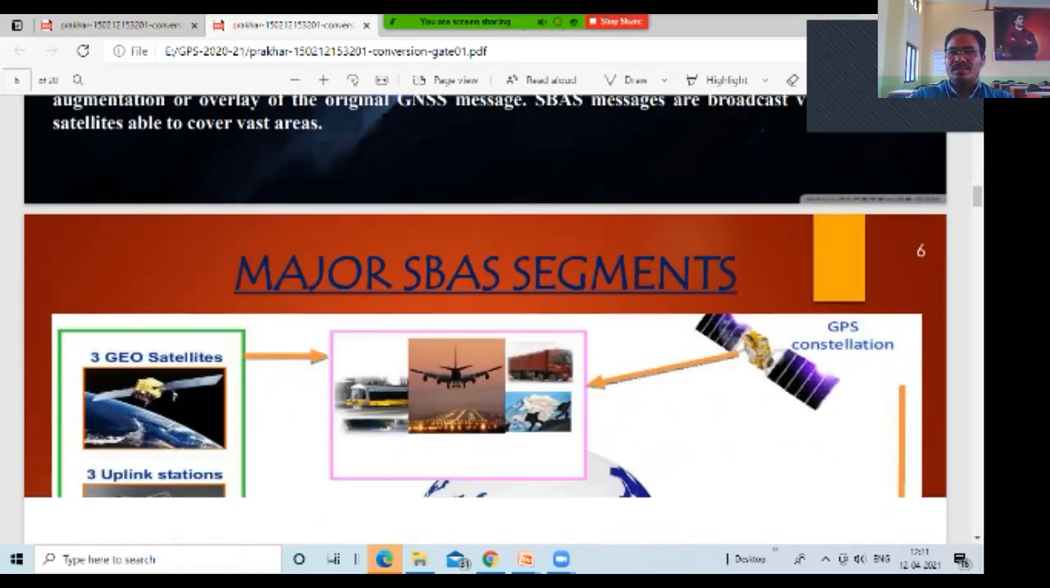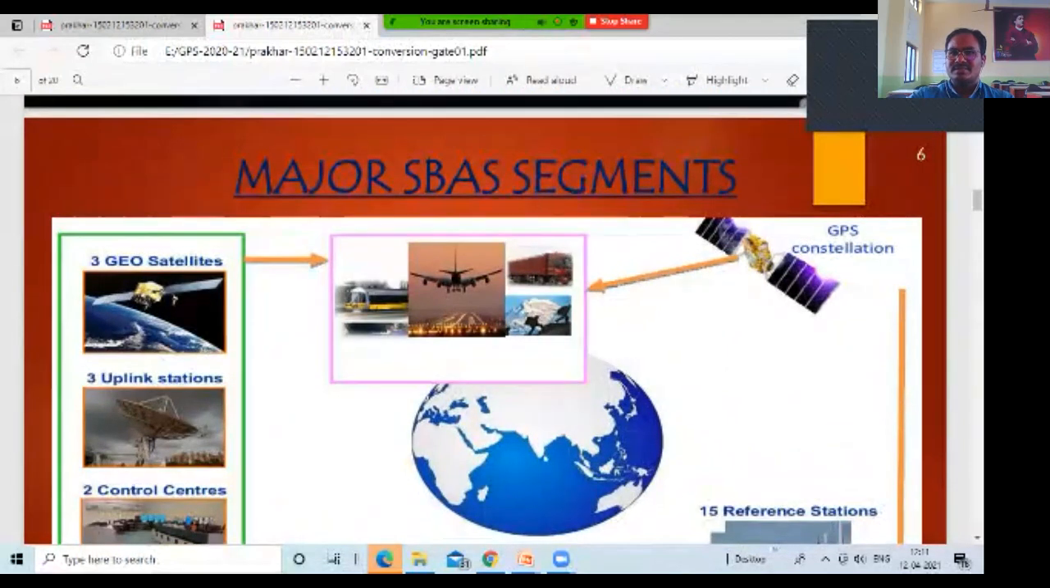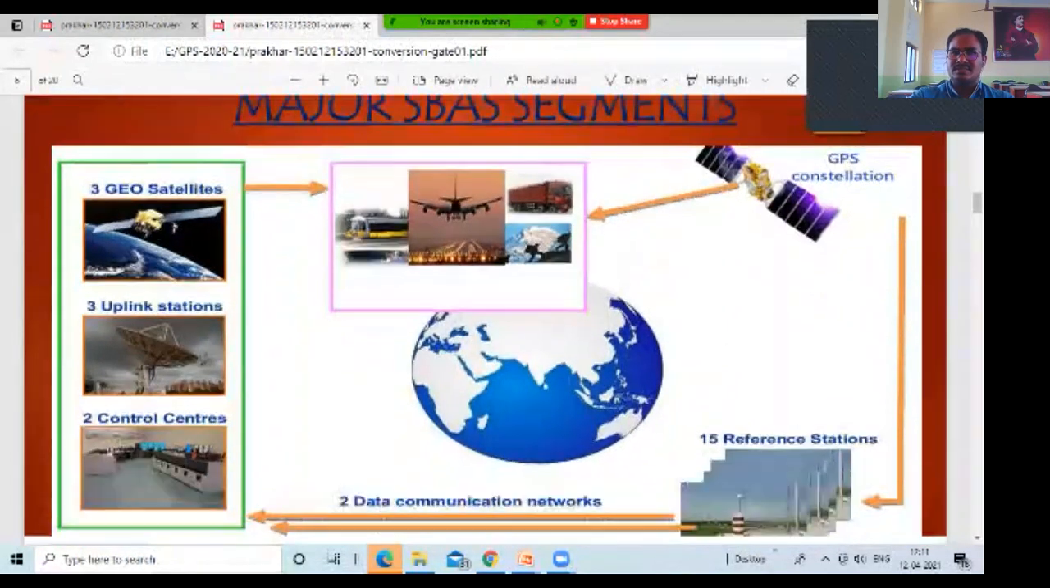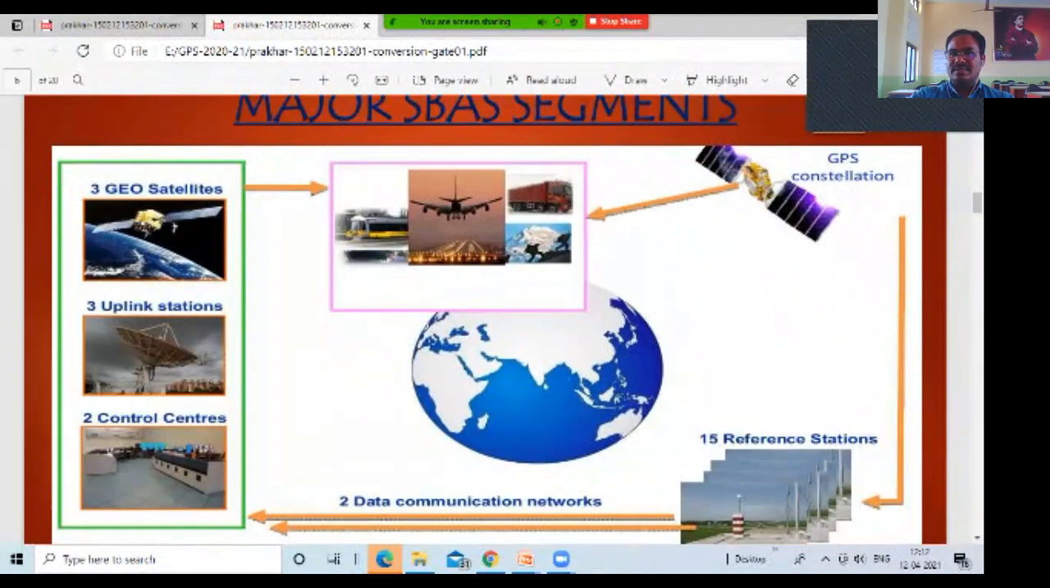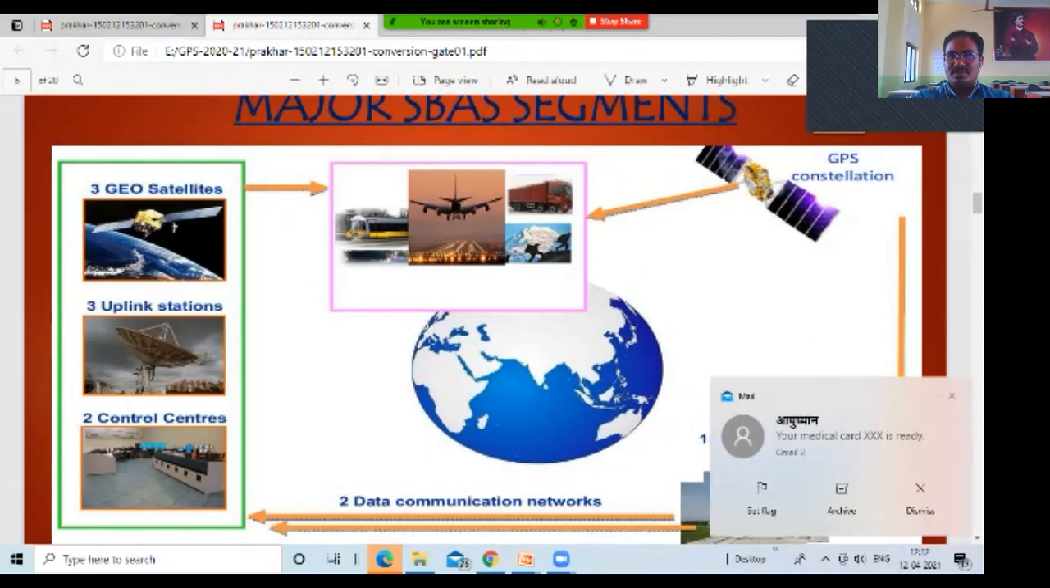So what are the major space-based segments? Of course, we have 3 geosatellites, very important, and 3 uplink stations, 2 control centers, 15 reference stations, and the GPS constellation. So observe this slide, it is giving more information. It consists of 3 geosatellites for providing the reference signals, and 3 uplink stations, that is by the control segment, and 2 control centers, and